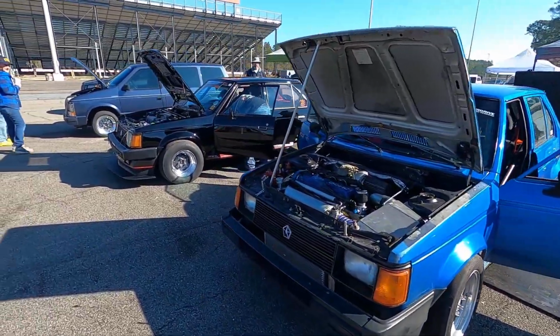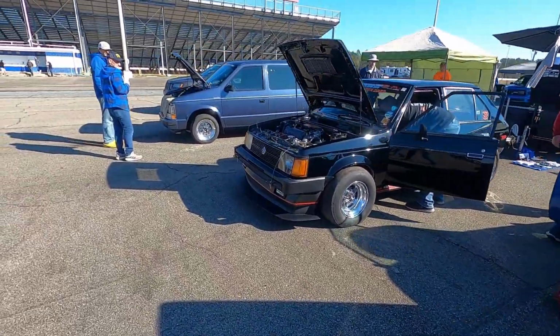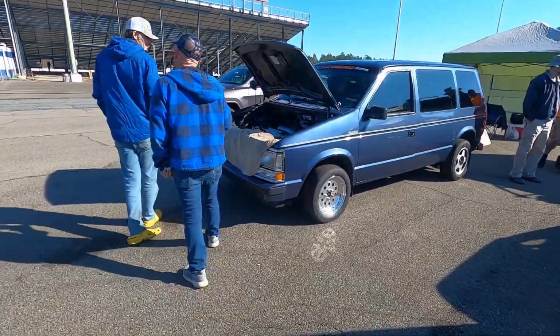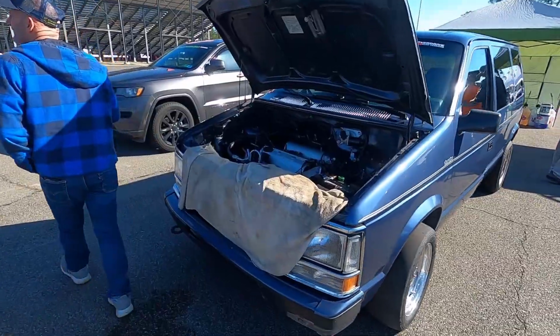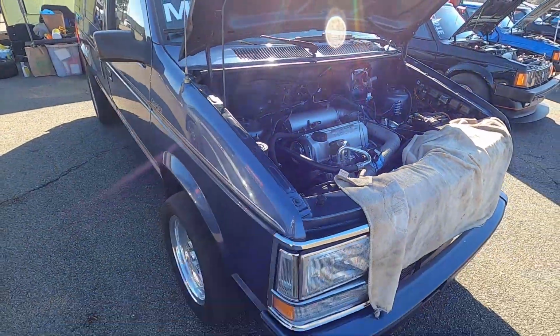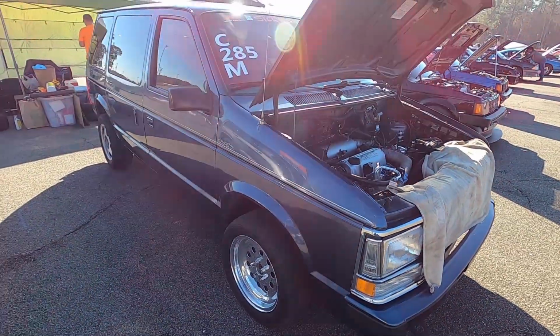Been spending a lot of time in the pits looking at cars. The minivan here is pretty cool. It's a pretty basic setup. It's an original turbo van, which he added an intercooler and some other modifications to the intake manifold. But